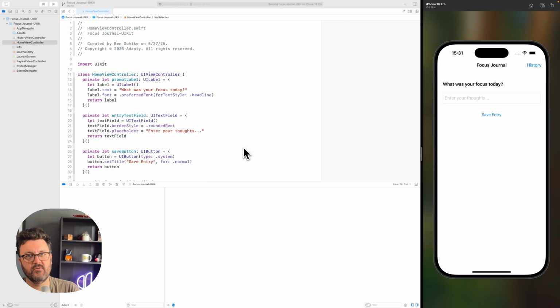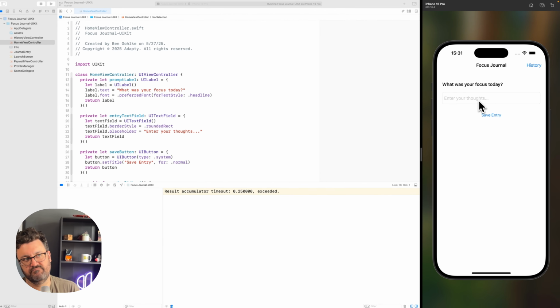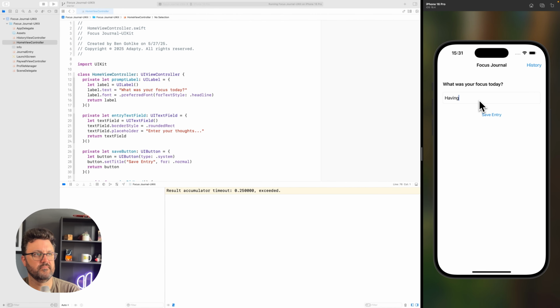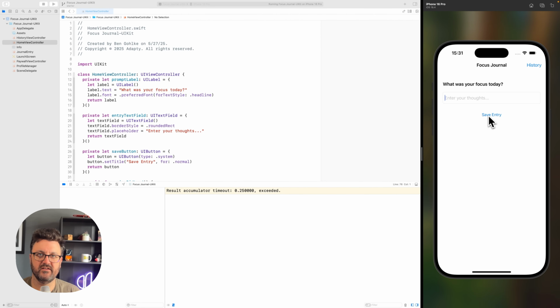So we'll do a quick demo just so you can see what it looks like and how it works. The Focus Journal here is very simple, just a couple of screens. It allows you to enter in your thoughts for the day. You can then save those entries, and if you want to see the history, that's something that we're going to